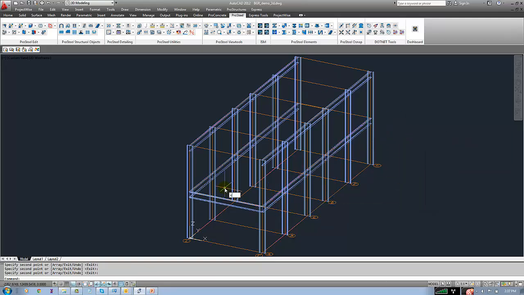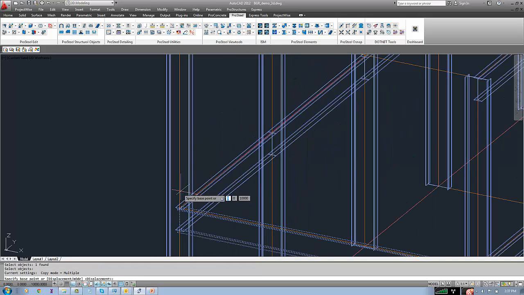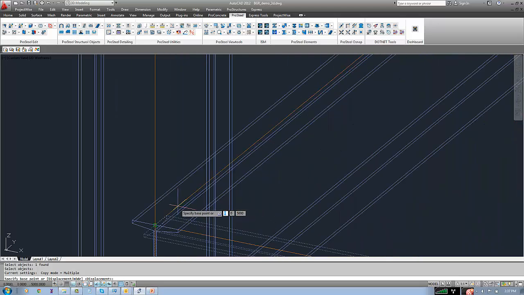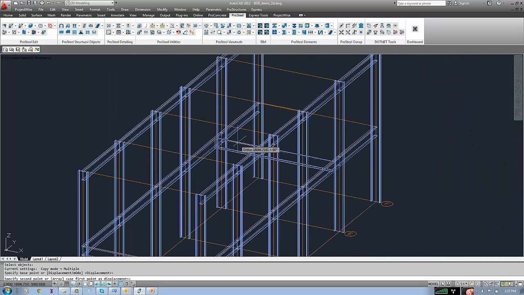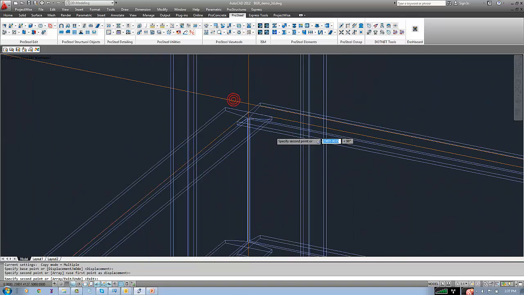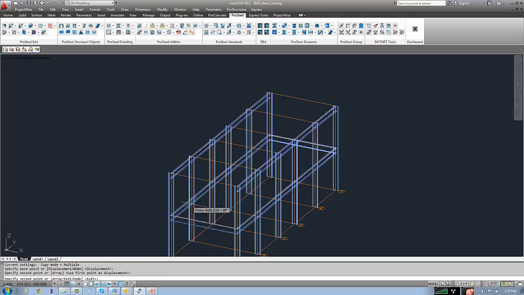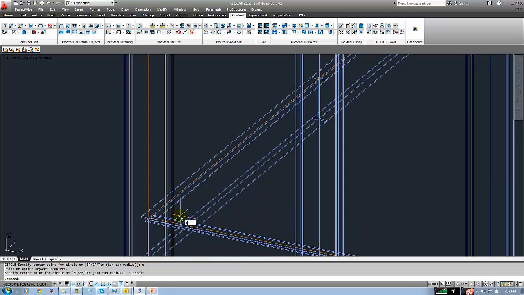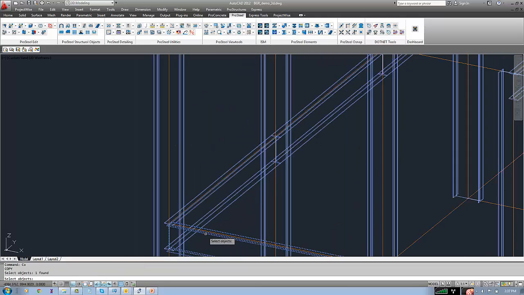Once I did this, then I will select the intermediate beams. I am going to select the intermediate beams here, right? Here I have already placed. Now I will copy the same beam